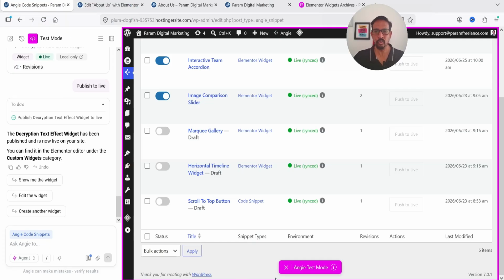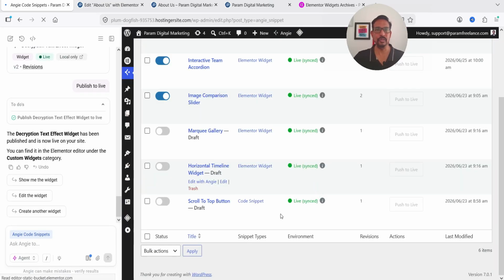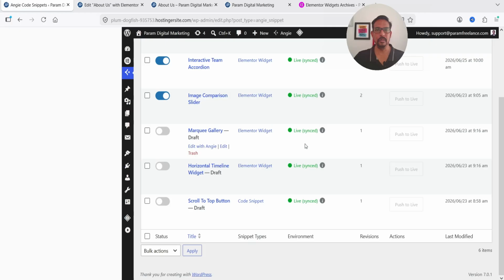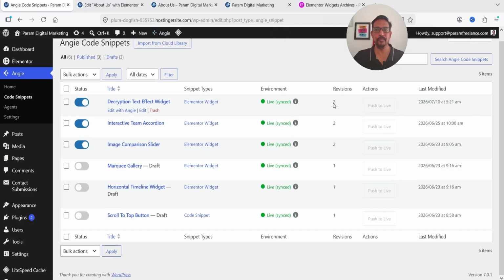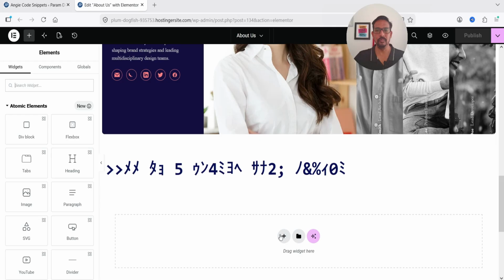Alright, now let's close the Angie test mode. Click on publish selected and exit. And here let's close the sidebar, and you will see that we have 2 revisions for this text widget. So let's go to about us page. Let's refresh it. Scroll down. I'm going to delete this one,